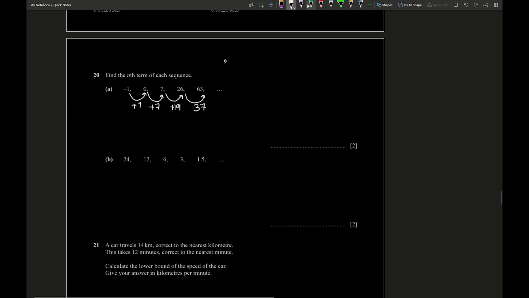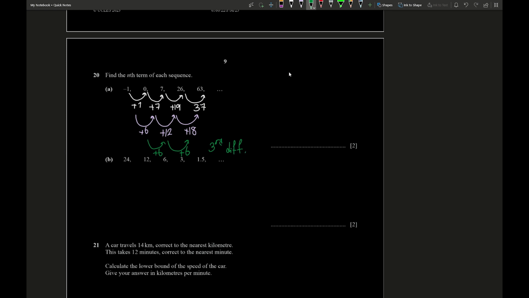So from 1 to 7, we added 6, and from 7 to 19, we added 12, and from 19 to 37, we added 18. Again, there is no constant common difference, so we would have to take the difference of the differences. So from 6 to 12 we added 6, and from 12 to 18 we had to add 6 as well. And finally we have a constant common difference. And since this is the third difference that we took,